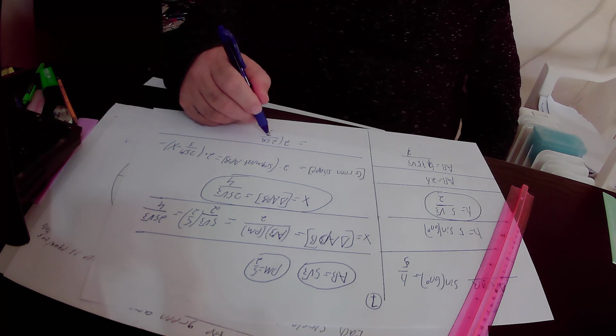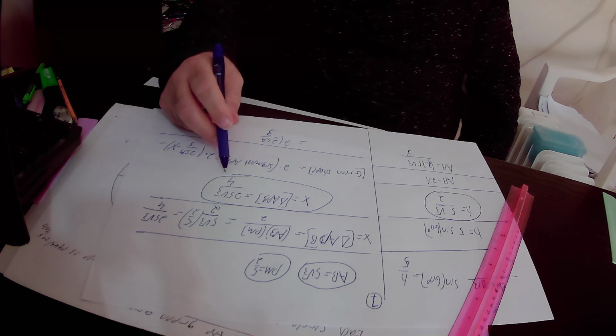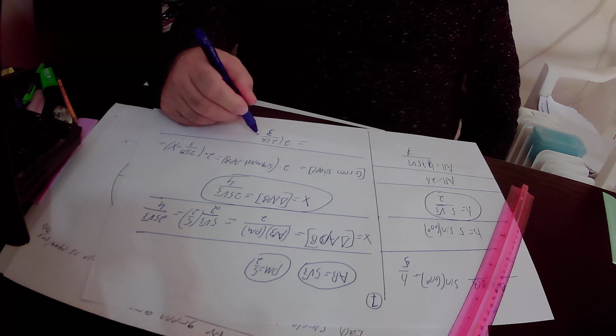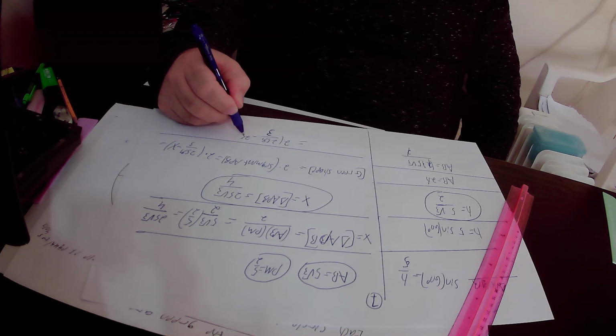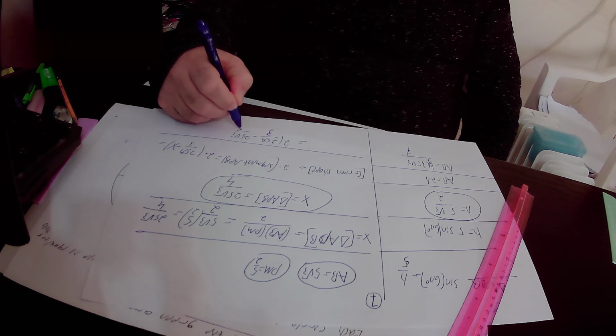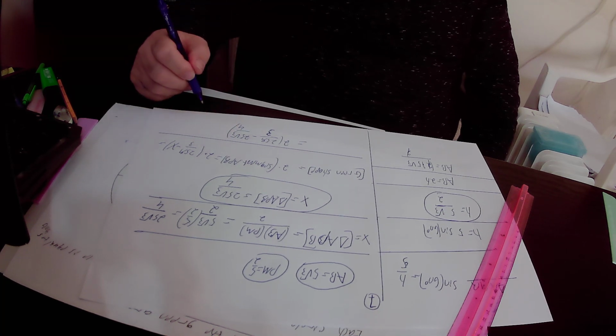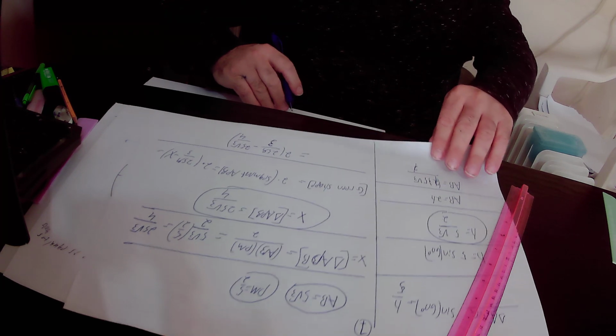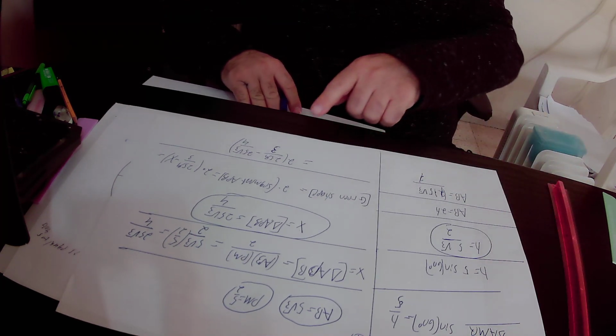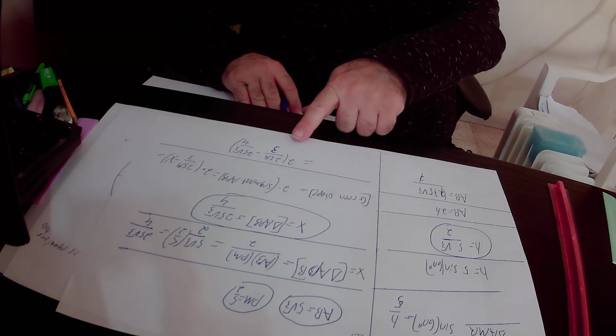And x, we just found out, equals 25 times square root of 3 over 4. So here we'll take 25